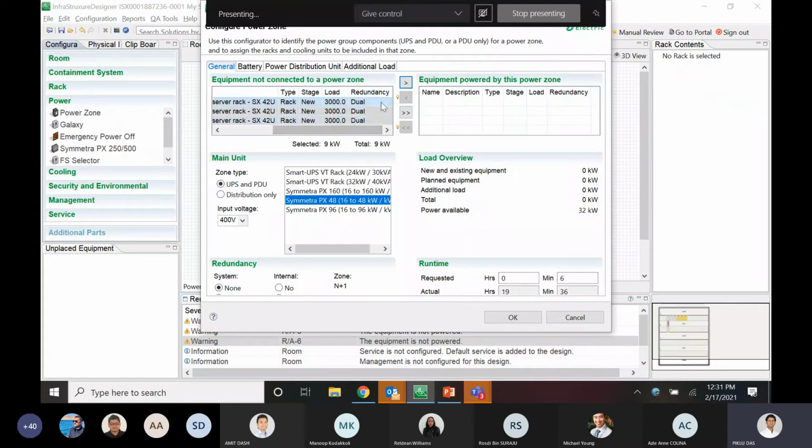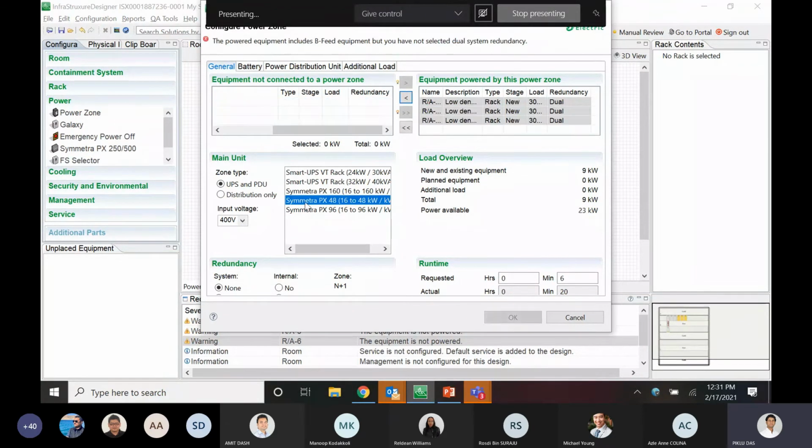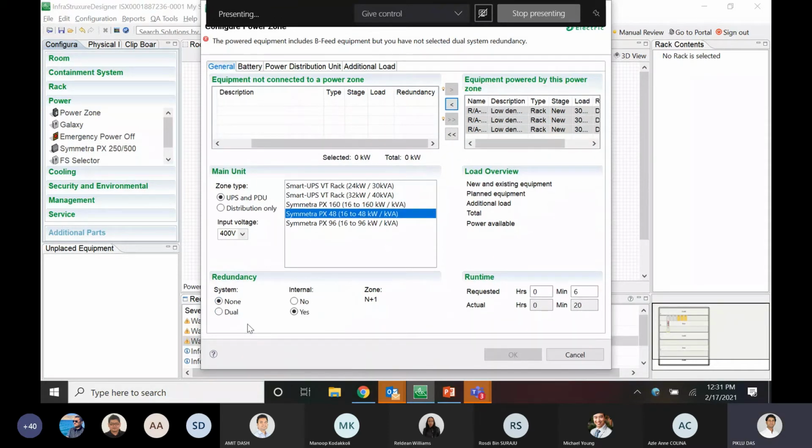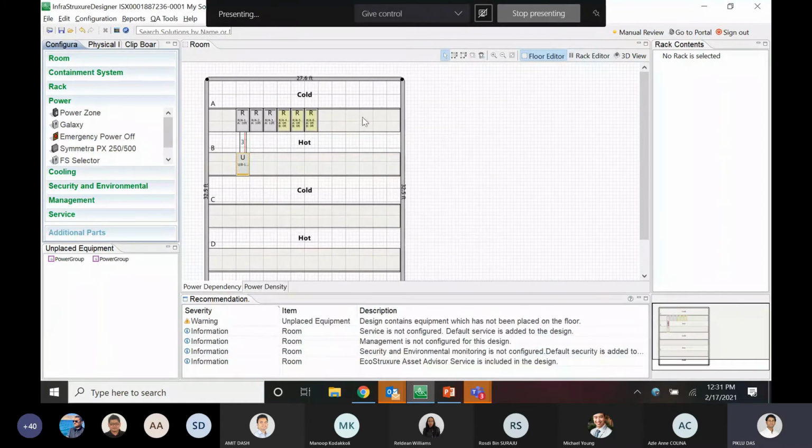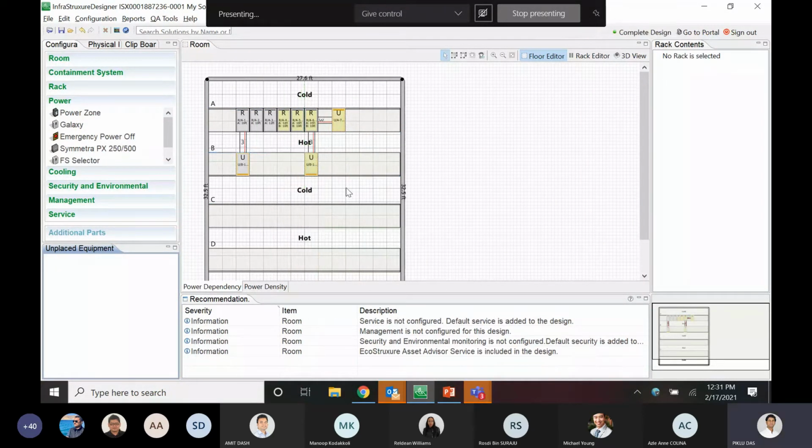You can only see the equipment which is not powered, so only the dual equipment. Let me satisfy this alert by selecting dual, and if I click OK, a two redundant UPS system would come in, because we are going with the dual system. So now all these dual racks are also powered.